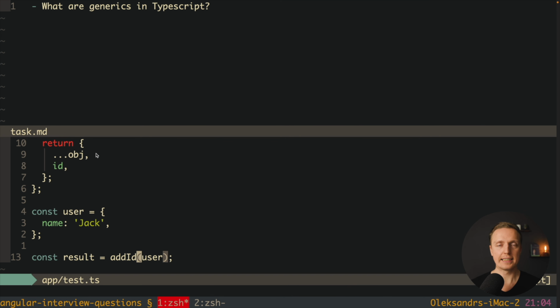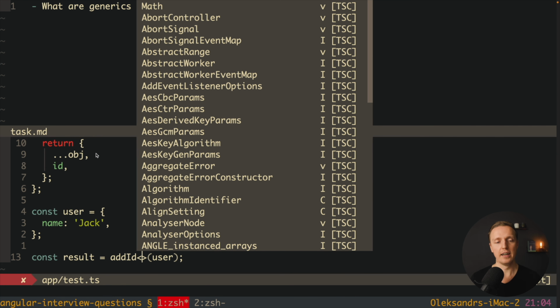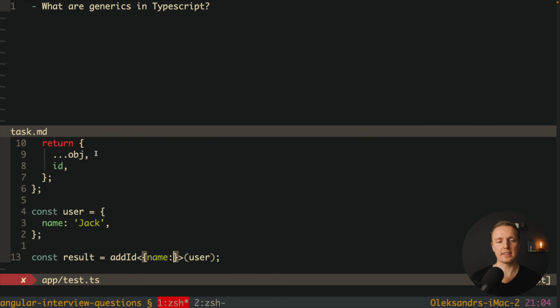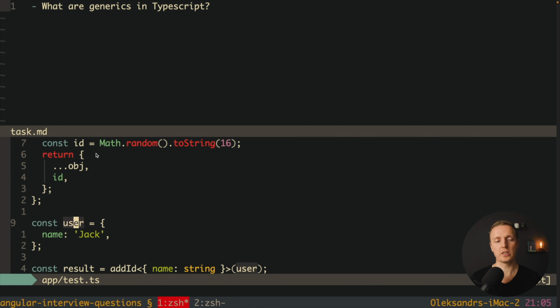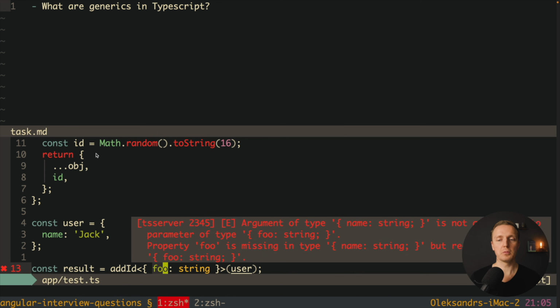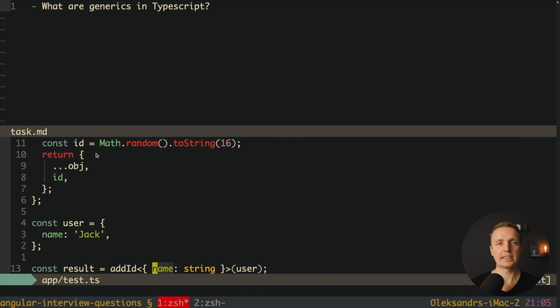But we're writing code like this when TypeScript can read it by default. Sometimes it is not like this, and in this case we must provide a data type here inside. For example, we can provide here an object with name string. Why are we writing it like this? Because essentially inside we're providing a user which is an object with name string. This is exactly what we specified here. This is the data type which we need to provide for our function. And if we provide here, for example, foo string, then we will get an error, because actually we're getting a type mismatch and property foo is missing inside our user object with name string. So generics allow us to specify what data type we're providing inside.